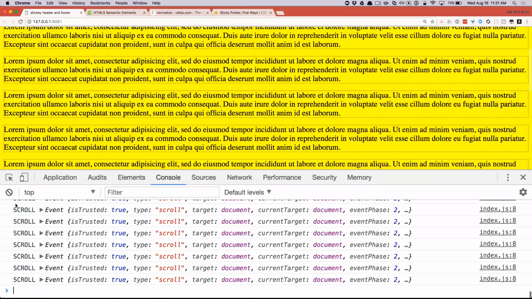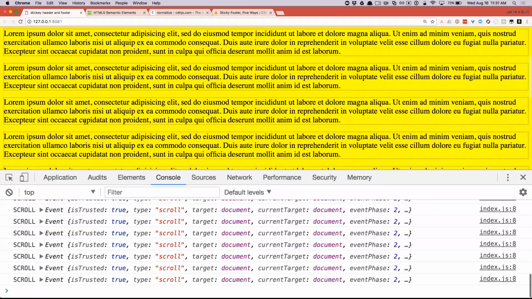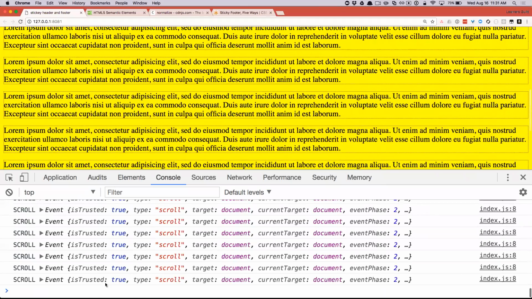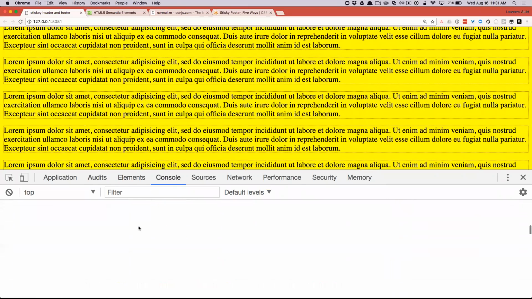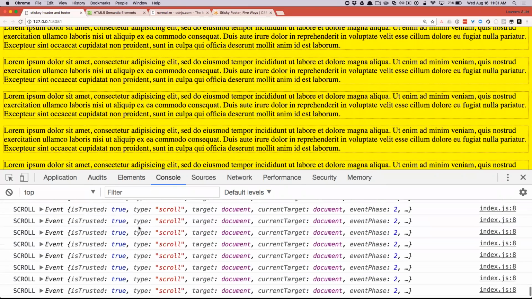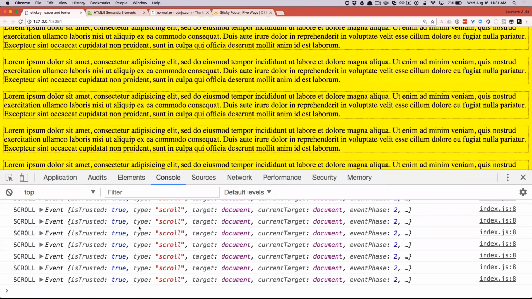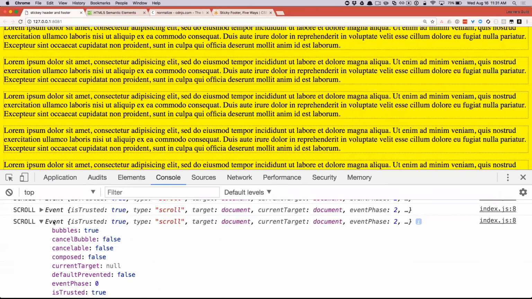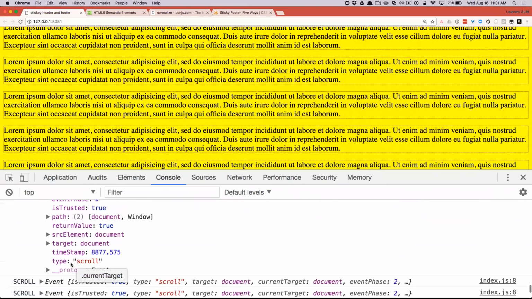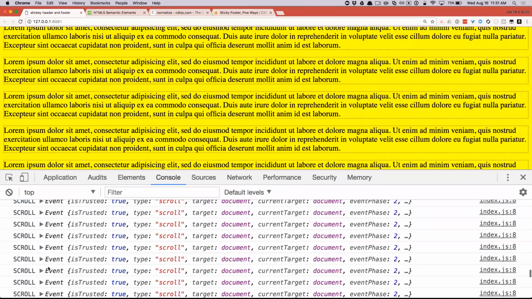Cool. And you can see as I scroll, we're getting a ton of events. Just scrolling a little bit, we get a ton of events, right? So there's a pretty high frequency trigger to this as you scroll. And inside of each one of these events is, actually we don't even need anything inside that event. We just need to know